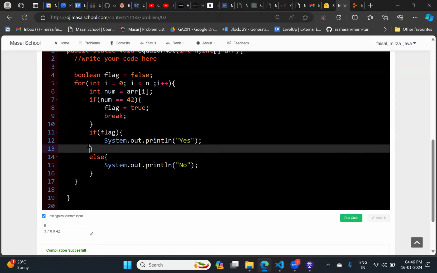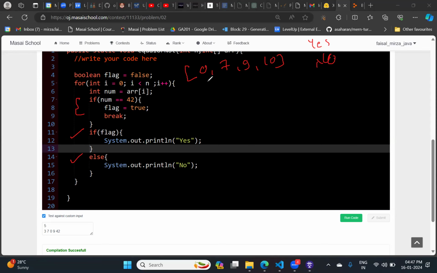Now how it works, Ashish. You are not clear with the dry run part of this. Take pen and paper and try to see how these for loops are working and how this if and else condition are working. For each number, either it will check this if or else this. For example, this is your array: 0, 7, 9, 10. Just see the type of output. Either we need to print yes or we need to print no, not multiple times. Just once only we need to print.